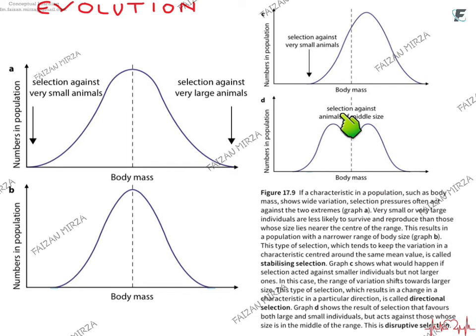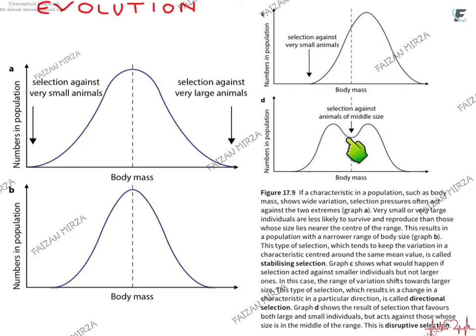Directional selection shows that now the mean will be changed. The mean body mass, which was most frequent initially in a population, will be shifted ahead. It will have a new mean, and that new mean will be the most common occurrence in the population as far as body mass is concerned. So this is called directional selection. Then another kind of selection can occur,